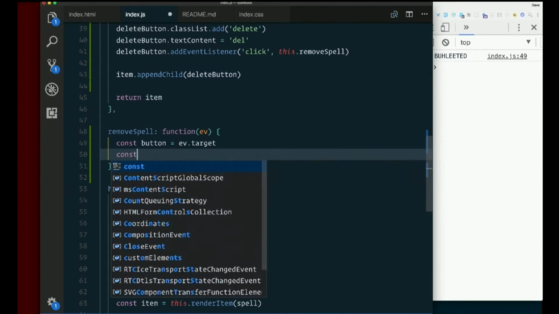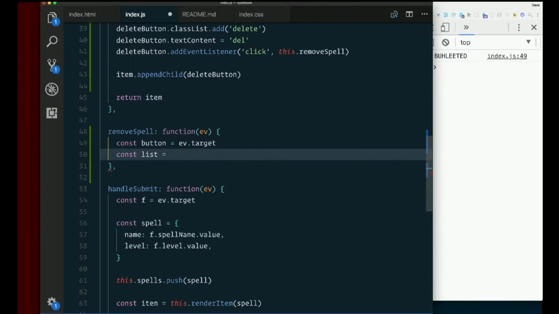So the list is the parent. What'd you use? Parent node or parent element? Okay, they're both a thing. Parent node, parent element. They both get the parent. So